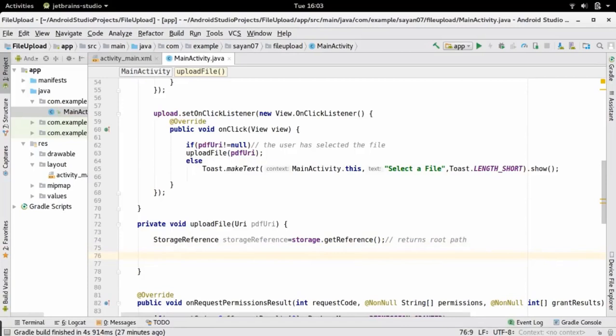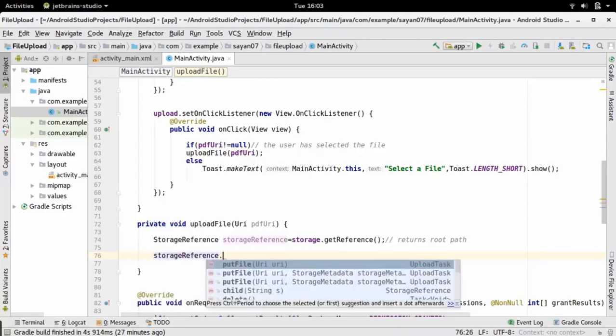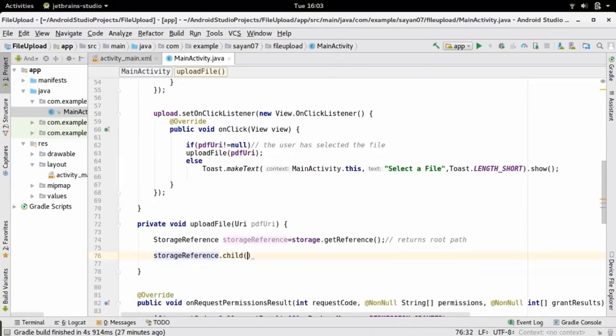Now we are not going to store the file in our root element. We are going to make a sub element in which we will be storing our files. To make a sub element, use the child method and let it be uploads. So we are going to make a folder uploads within our root element, and within that uploads folder we are going to save our file.